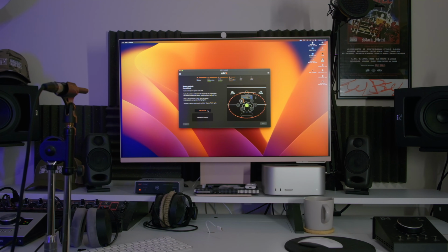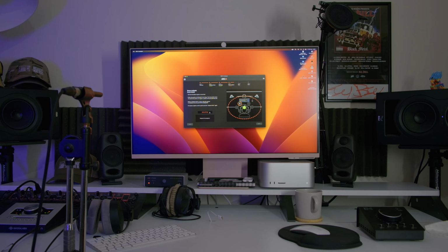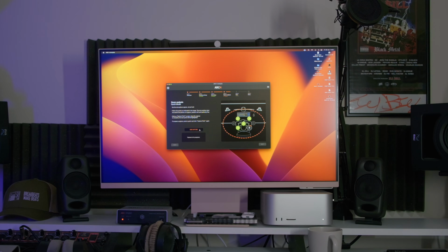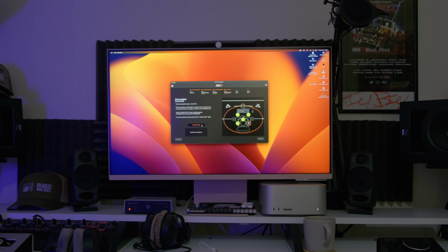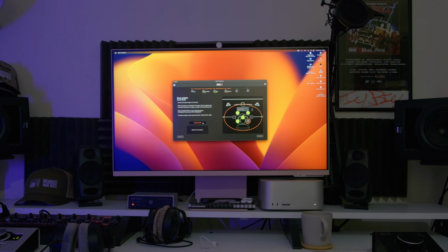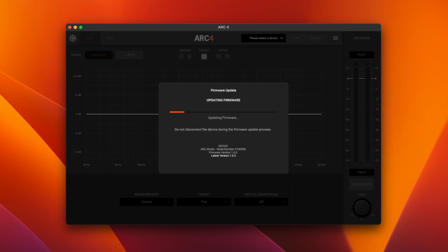There is a much more intensive one that takes 21 different measurements and requires a bit of work from the old tape measure to get everything in the right ear level, profile, etc. Whereas you can pretty much eyeball the 7.1, although I did make sure that the initial point was exact, and that I did the same distance left and right. That's a really important factor into how it's going to capture the shape of the room. If you've got a space that really could use dialing in and tweaking, take the time and do the 21-point reference. Once this is all set up, we can open up the ARC 4 standalone software,